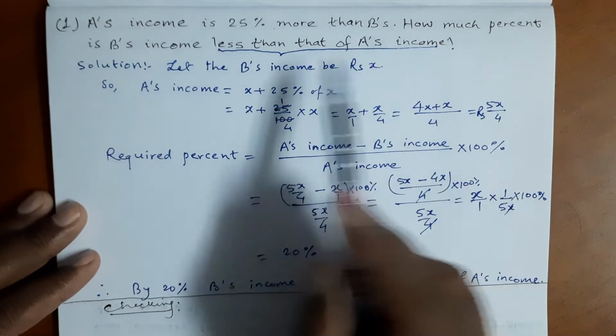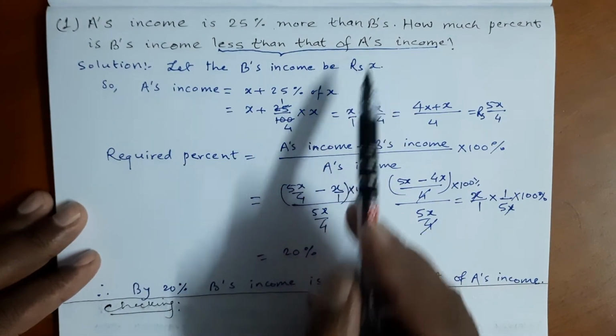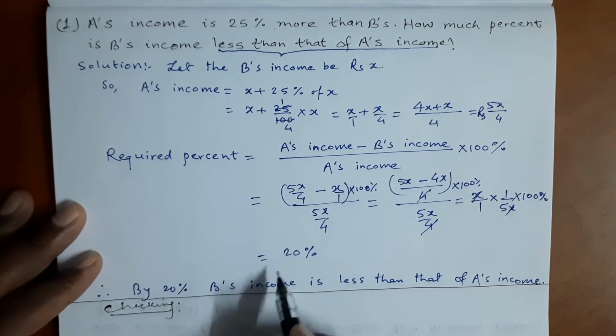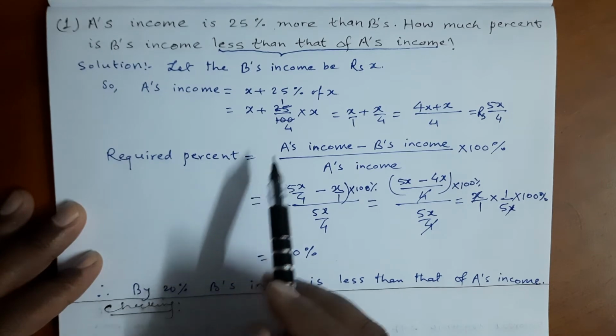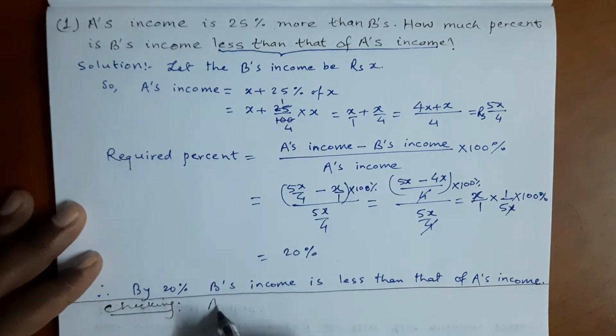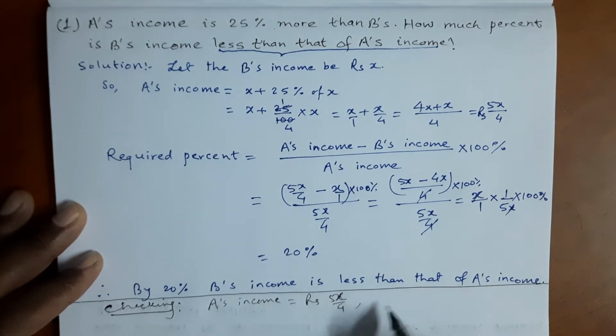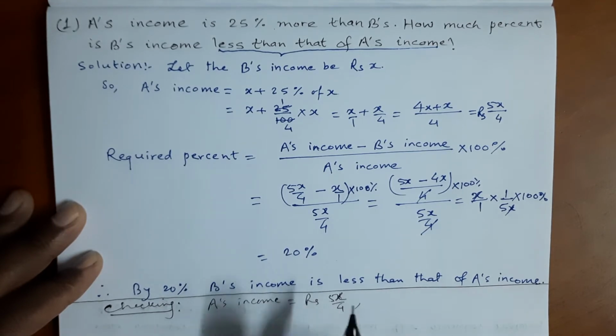So by how much percent B's income is less than that of A's income, it says. So here A's income equals to rupees 5x over 4, and now 20% of A's income is 20% of this. So now